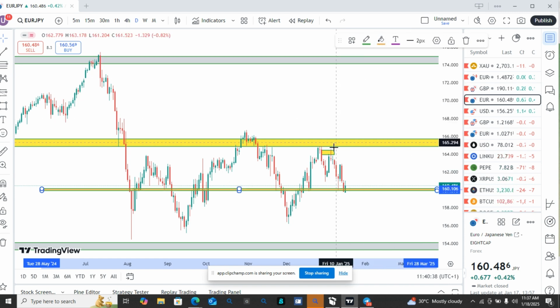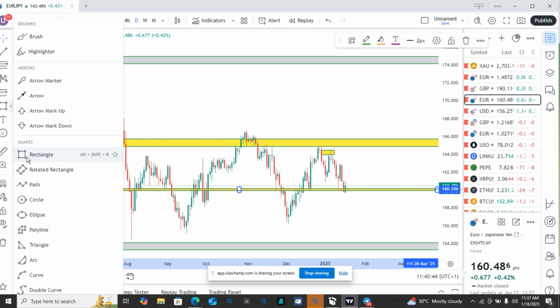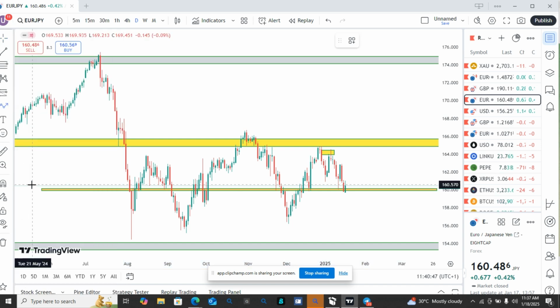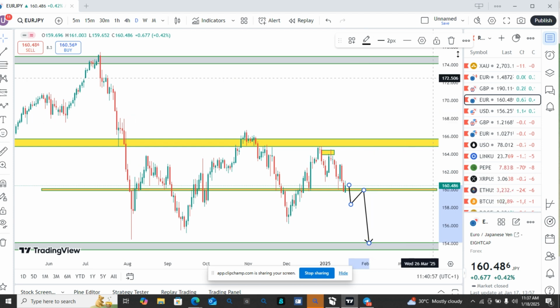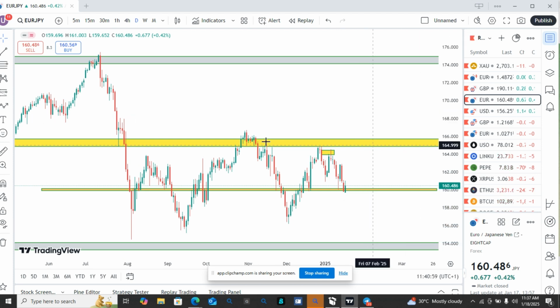If price breaks it clearly on this daily support level, we can look for more sales opportunities. If price eventually breaks it this way, we wait for a retest and we pick up sales down to this zone. So on the daily time frame, we are moving down, because if you pay attention,